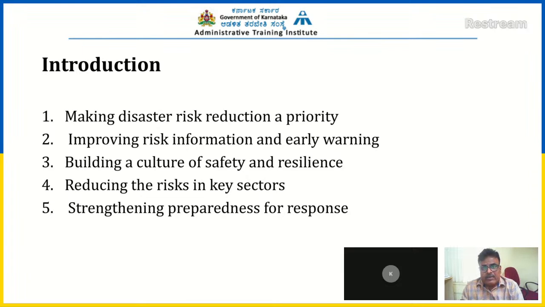So, therefore, a large amount of awareness program is being initiated by our center. We have a large number of programs being taken up for awareness among the public. Not only among the public, NGOs are also being covered in that. Government officials are covered, all Group A, B, C, D officials, at the district level, taluk level, gram panchayat level, and at the state level. So this is very important actually. Culture of safety and resilience.